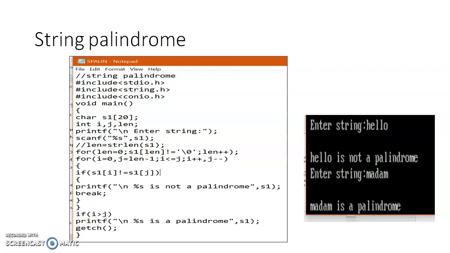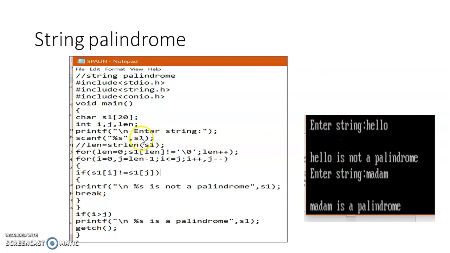So we are going to write a C program to find if a given string is a palindrome or not. The logic is very simple. We are reading a string, HELLO. To find the reverse of a string, we need to take the cursor to the end of the string and compare the first and the last character, then the second and the second-to-last character. In this way, all the characters are compared with each other, finally confirming whether the string is a palindrome or not.